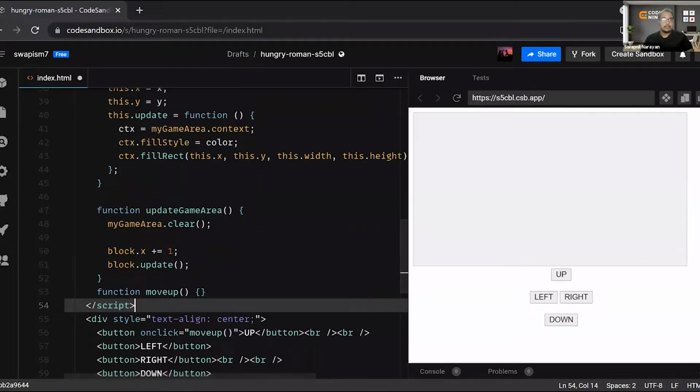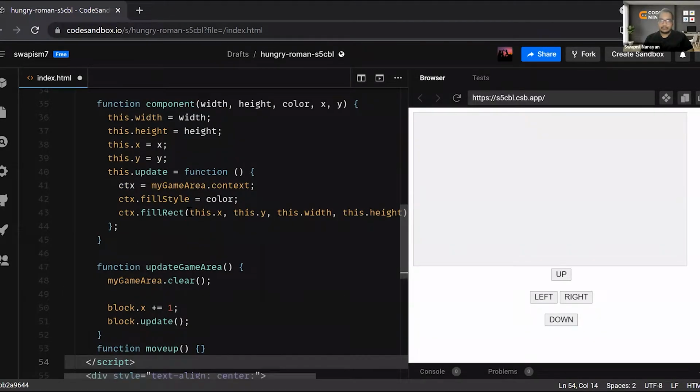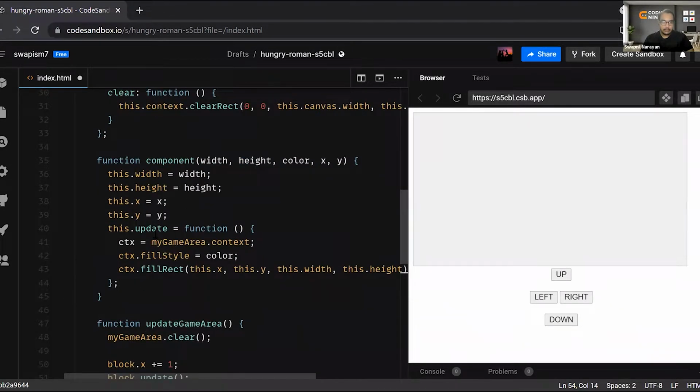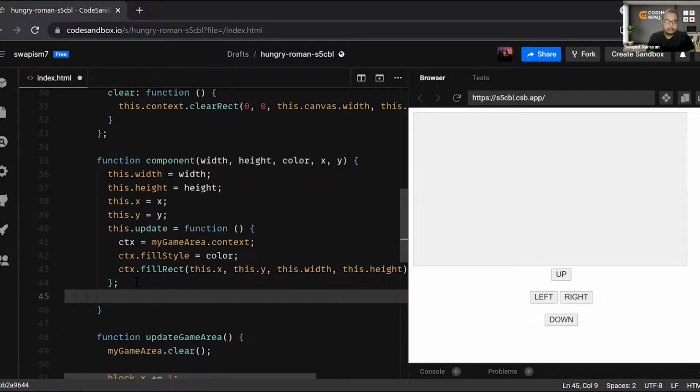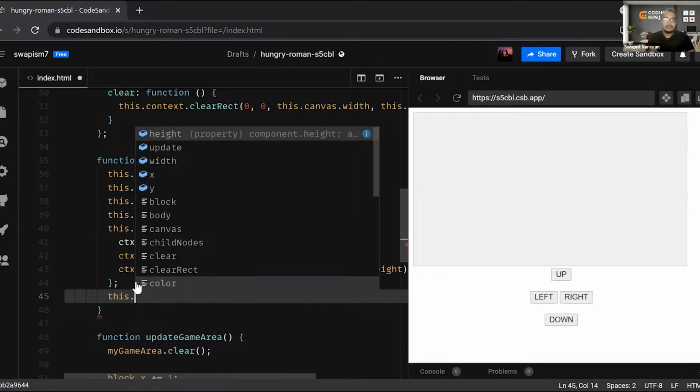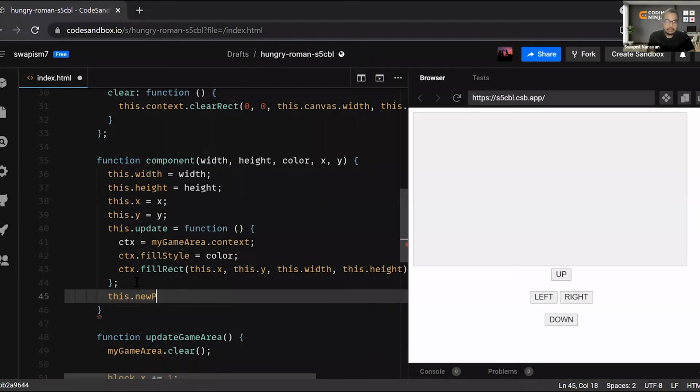So this moveUp function will make this particular block move in the upward direction. For that, in the component itself, after this dot update, we need to make another variable or initialize another object, which is nothing but the new position.